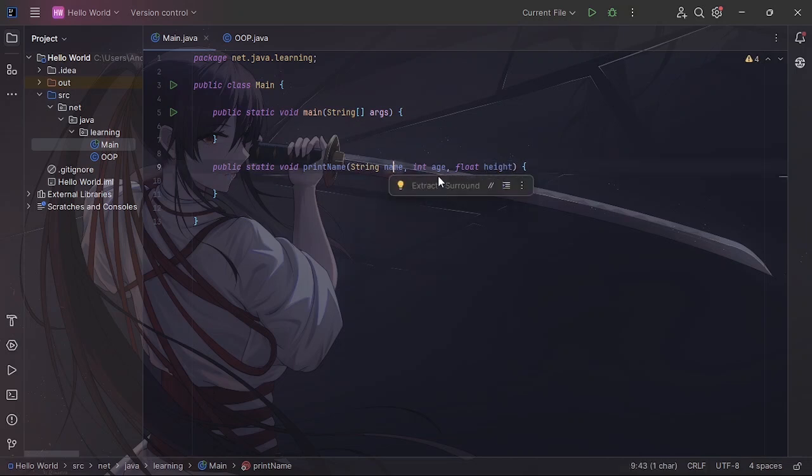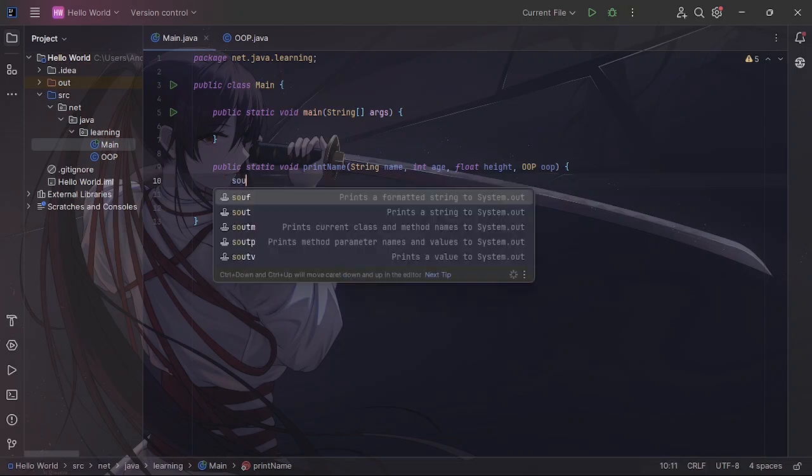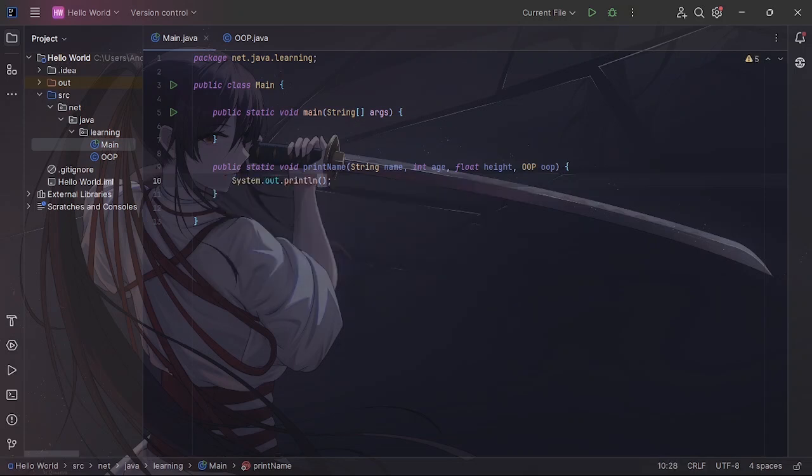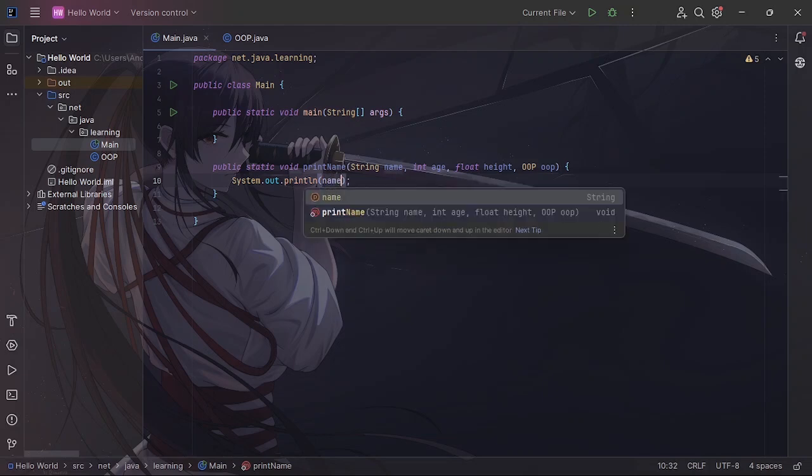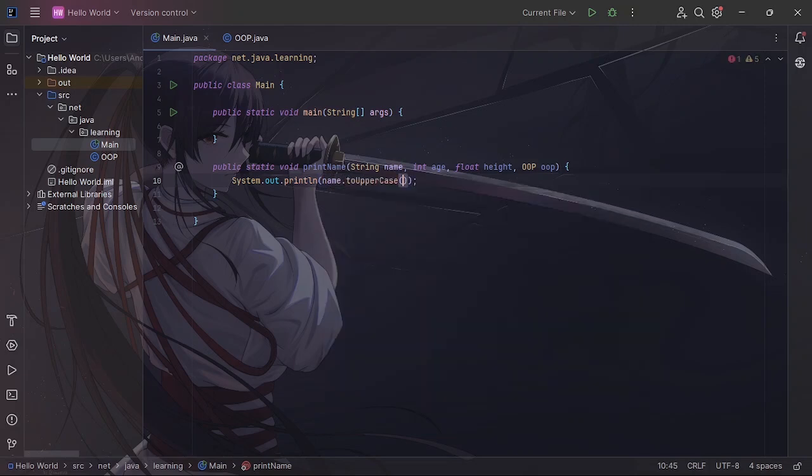And these are basically instances of these classes, so you can access the methods that belong to these classes. And just for goodness sake, you can also use something like oop, right? So what you would do here, we just want to print out the name. We want it to uppercase. We can duplicate this a couple more times, and then in the second one,